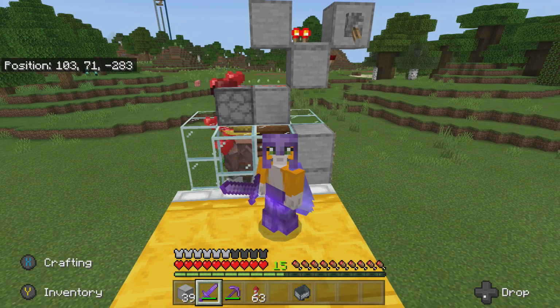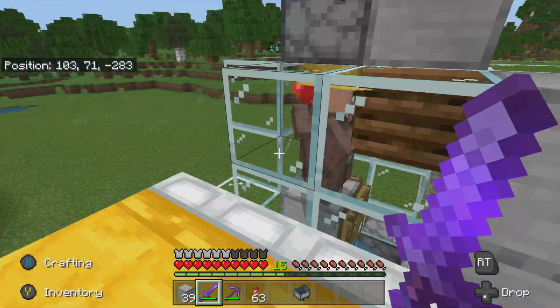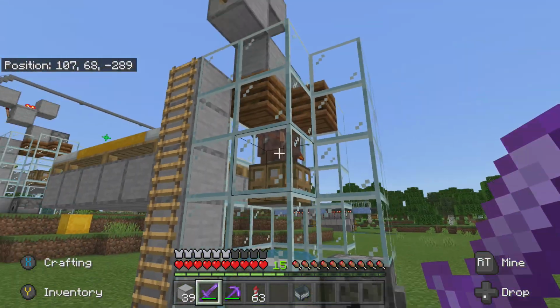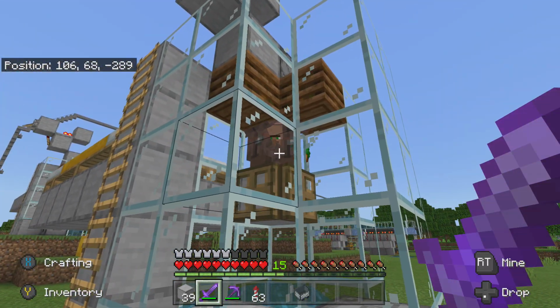So if you guys would like a super fast and super simple villager breeder like the one I have right here that gives us tons upon tons of villagers in just a matter of minutes, as you see, a baby just fell out as I'm speaking. Make sure you stay tuned to the very end of the video to see how we build this